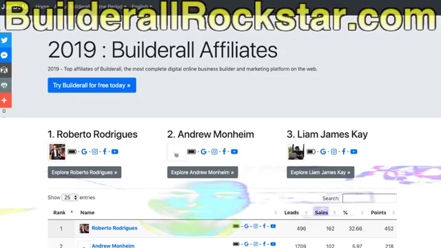The picture is either their Gravatar. You know Gravatar, when you associate the email address that you use for your Builderall account to a gravatar.com account, you can choose which picture to show. And that's the only way to change your picture or to display a photo of you in Builderall: to use Gravatar and your email address in Builderall. So for those who have done this, there is their picture. And for the others, like Andrew Monheim, I've put a random avatar picture. Okay.